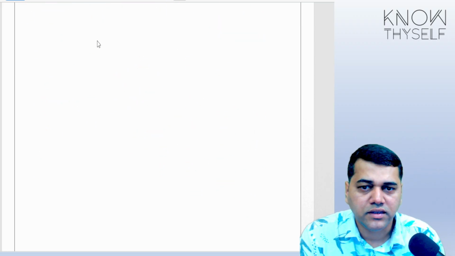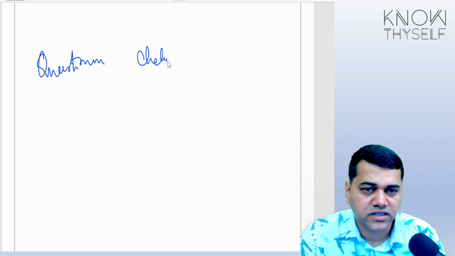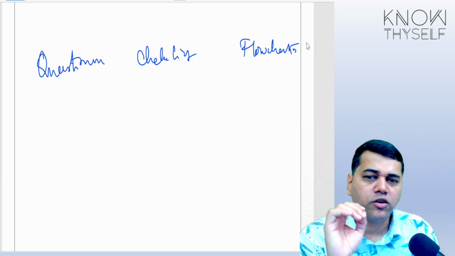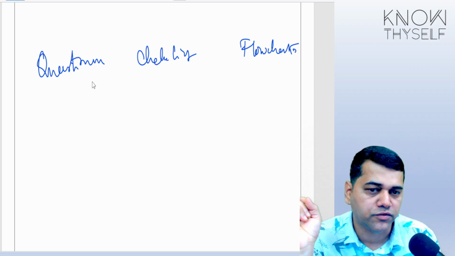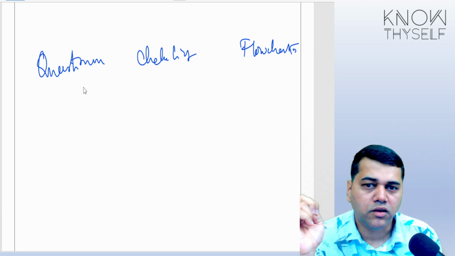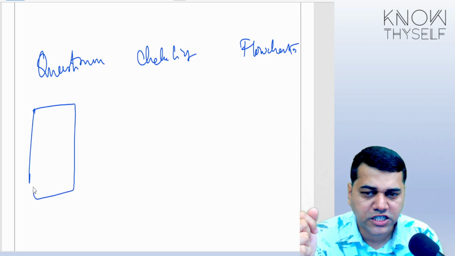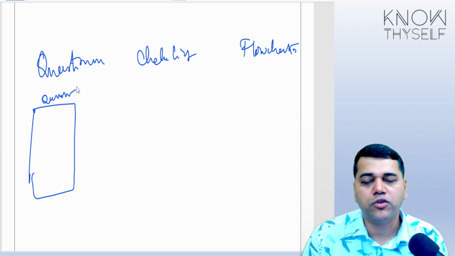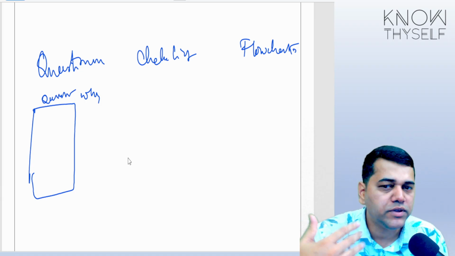They are questionnaire, checklist, and your flowcharts. Now let me talk only about the questionnaire. One by one we will talk about the three things, because this is going to consume the majority portion of your contents. Now, what happens in the questionnaire? In the questionnaire, you start with a list of questions. What is the speciality about it? Because a question is always asking why, what, when, how. So you end up with this type of question.